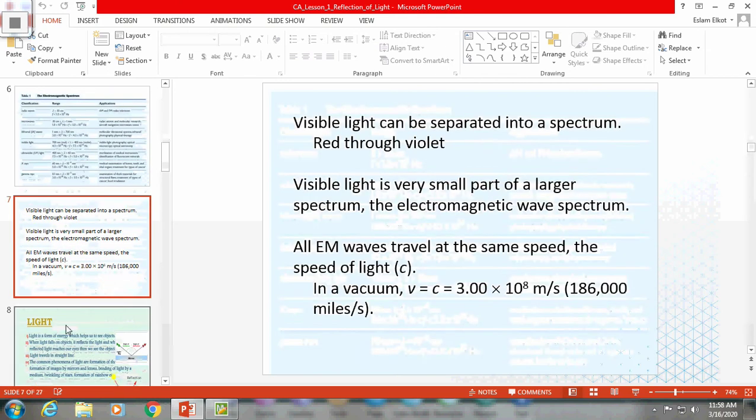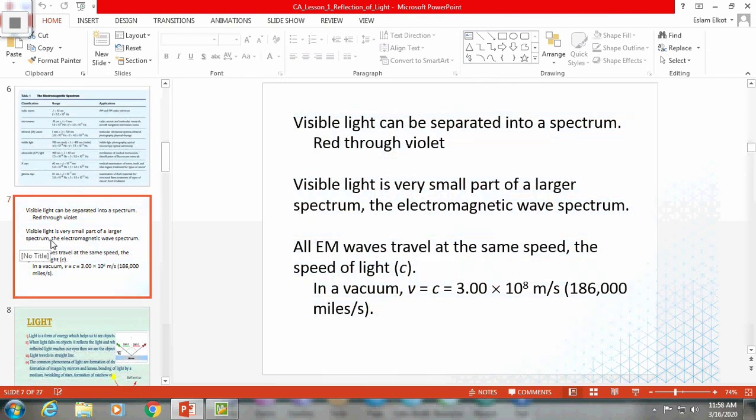But our lesson today is about visible light, which consists of a spectrum of many lights. And we should also know the speed of light is 300,000 meters per second. Light,